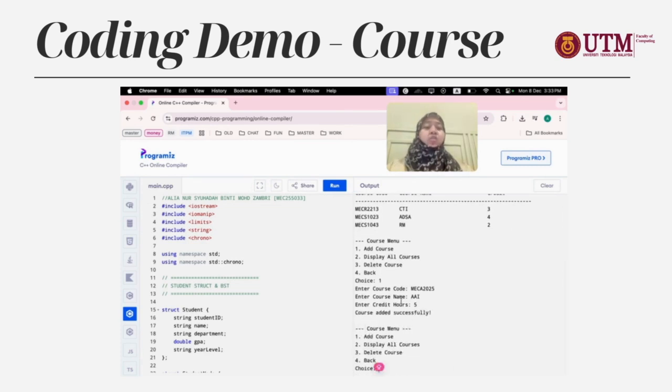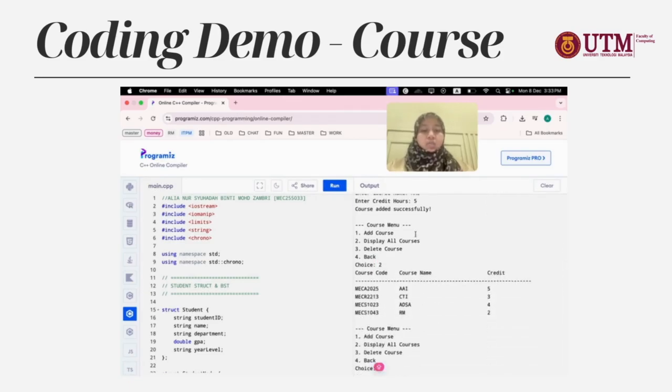So it mentioned here course added successfully. So we'd like to check whether it is inside the table or not. So display of course here. So in the characters, A comes first, then R. So let's say we'd like to add another course